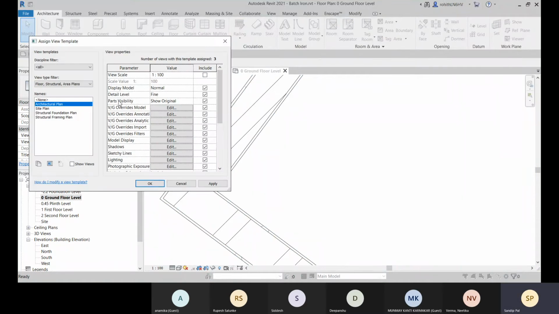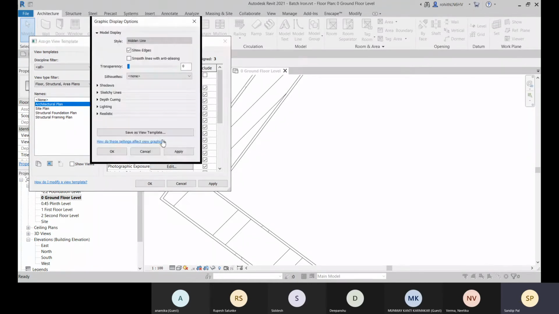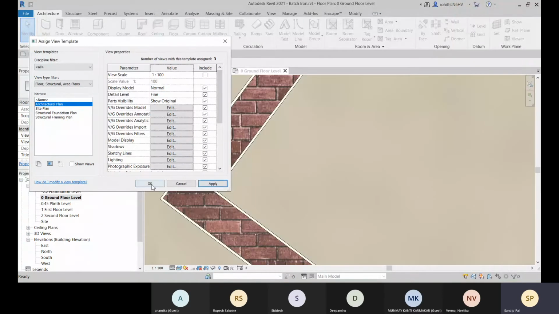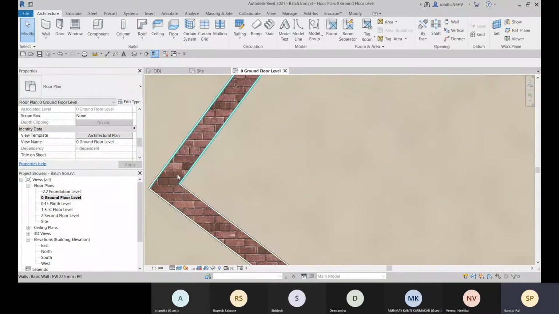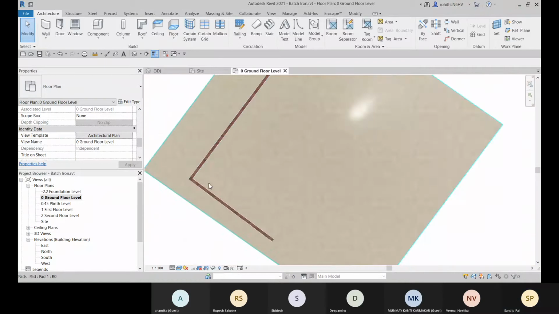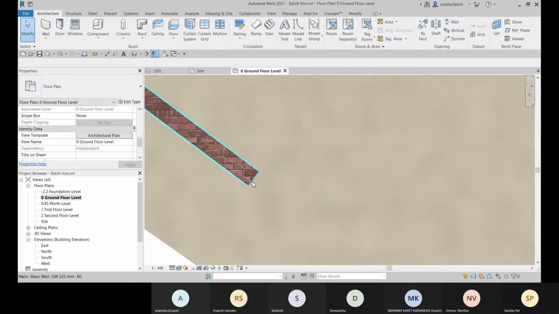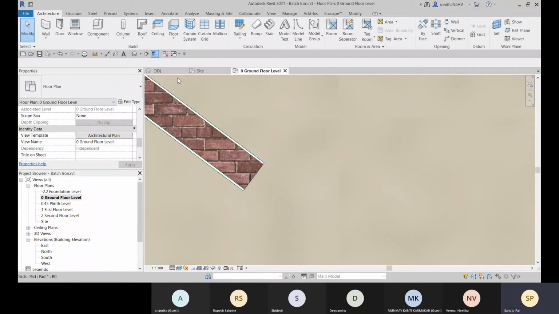Here the detail level is fine. And we need to go with this model display. Click here and we'll go with the realistic, apply OK, apply and OK. All right. So both sides we have the same material.